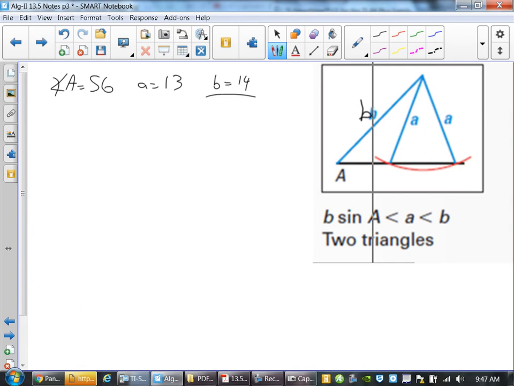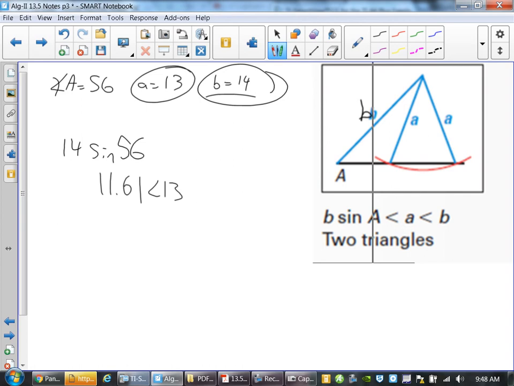I find that value, some decimal equivalent. When I type that in, I get 14 sine 56, which is 11.61. Well, is that smaller than the side opposite? Is that still smaller than the other side given to us? Yeah. So what happens then is that this value of 13, since the ray itself